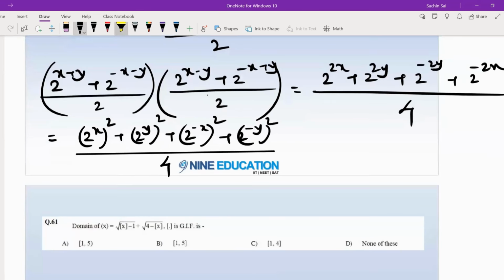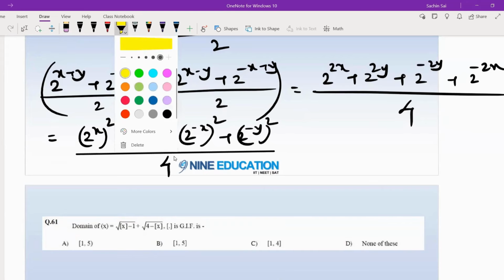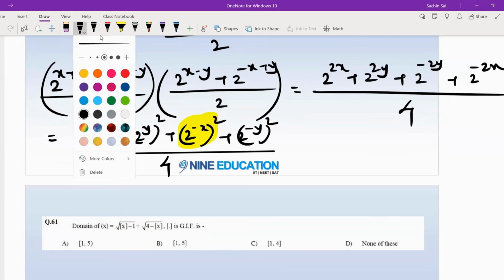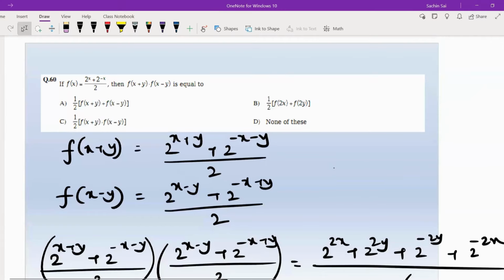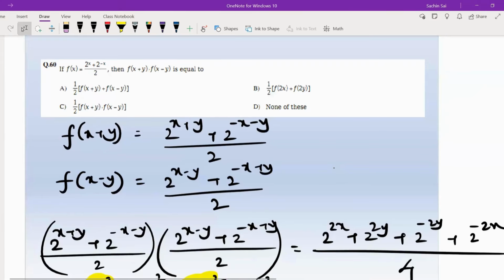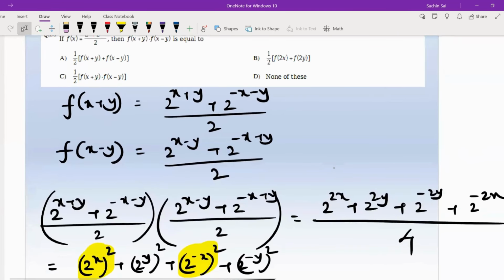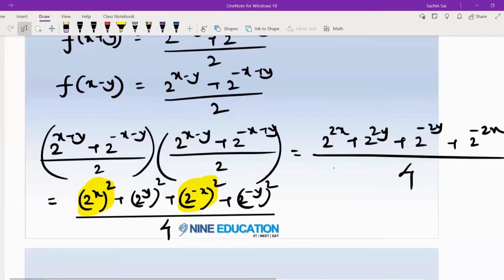All right, now I need to write these in terms of f again. Oh wait, I think we already have an answer here. We don't have to go further because,